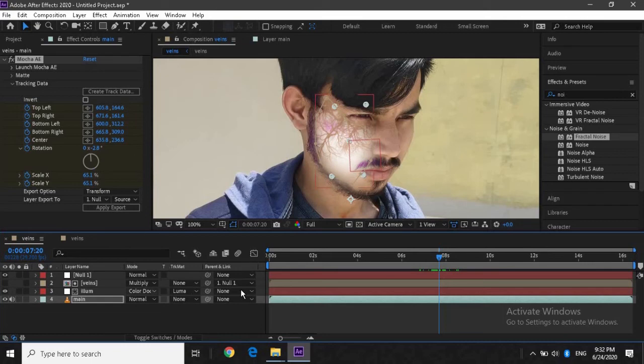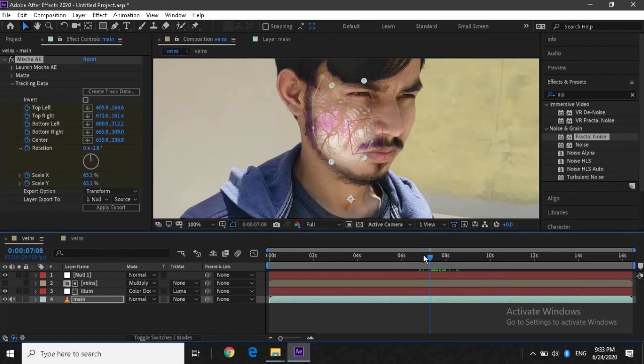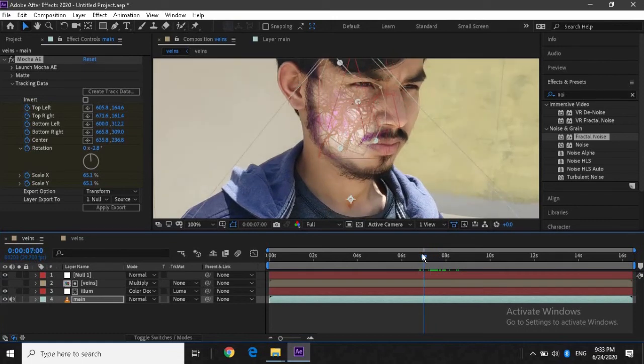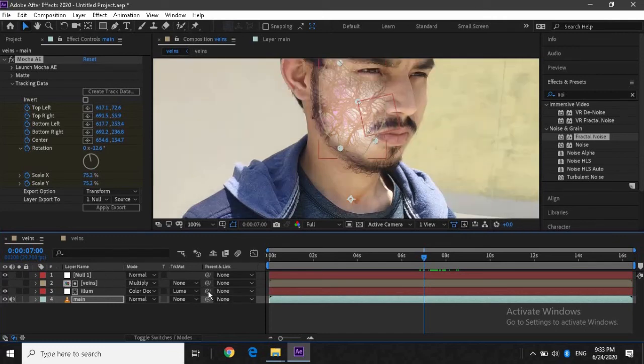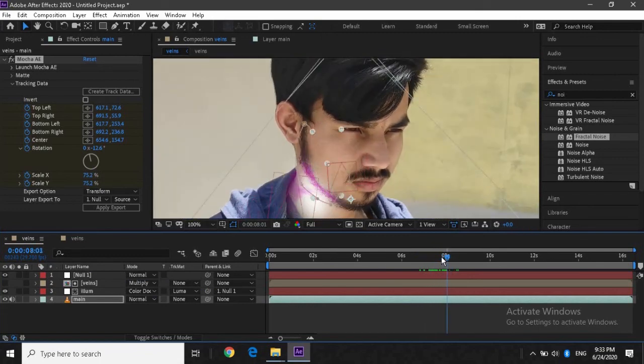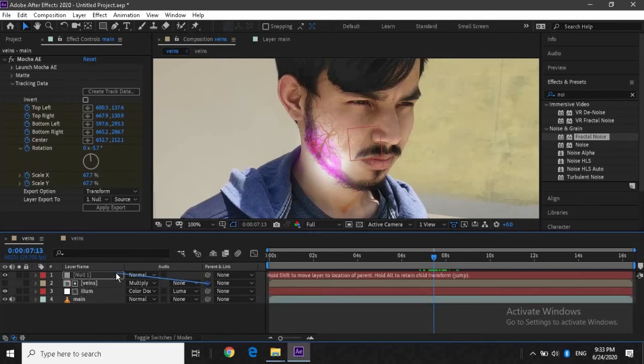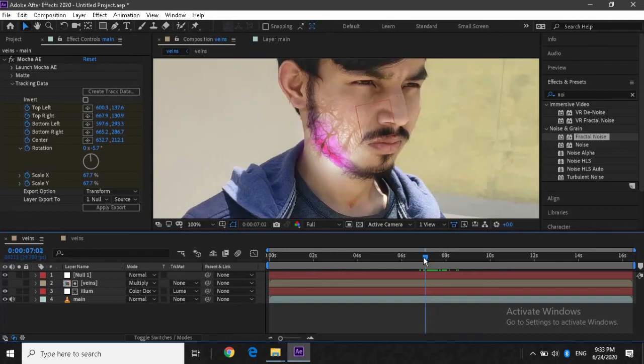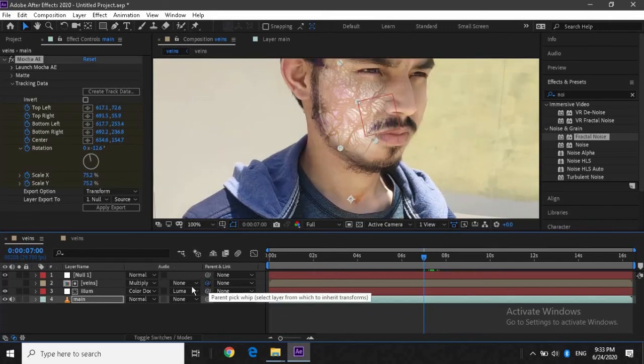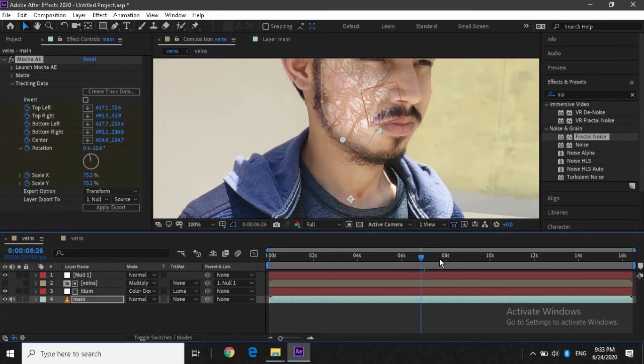So for some time we will go to the position where the veins are in the perfect position, and then we will pick whip it with the null object, the veins, not illumination, veins, and look at it, it will stay.